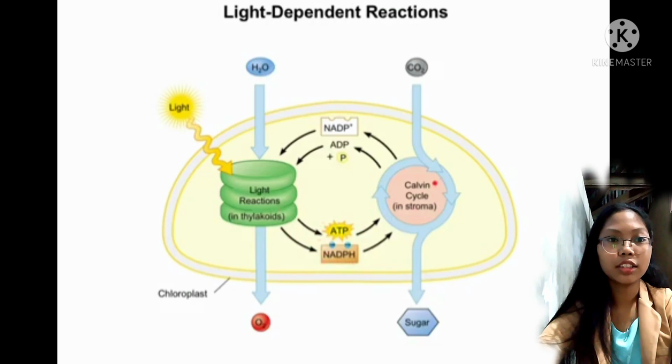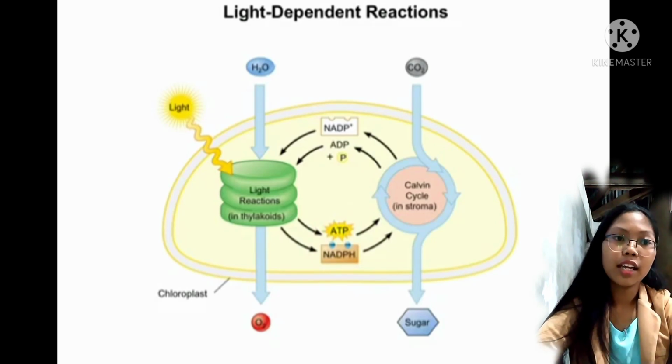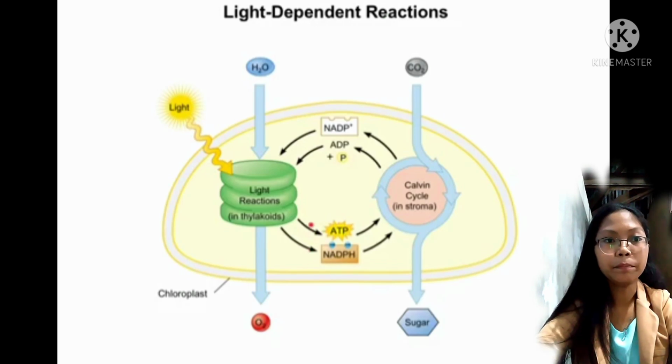G3P and oxygen are produced. In photosynthesis, water, carbon dioxide, ATP and NADPH are reactants. Oxygen is